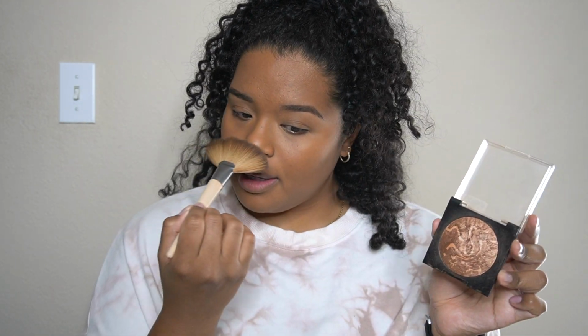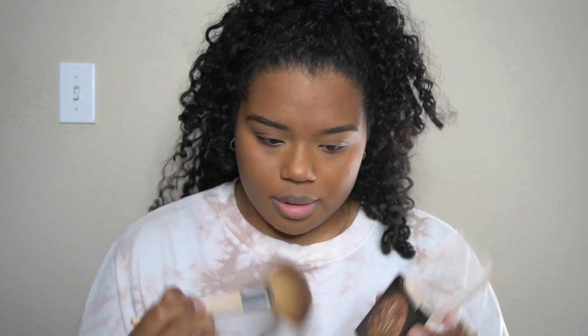Perfecto. And now, usually on days like this, I don't wear blush, so I'm not going to, but I am gonna pick up that highlighter, girl, because your girl can't live without a highlighter, okay? So for highlighter, I have this Revlon highlighter. I don't know, it's kind of old, but I don't know what it is. Everything's rubbed off. So I like to take my fan brush, dip it in here a little bit, go across my nose,